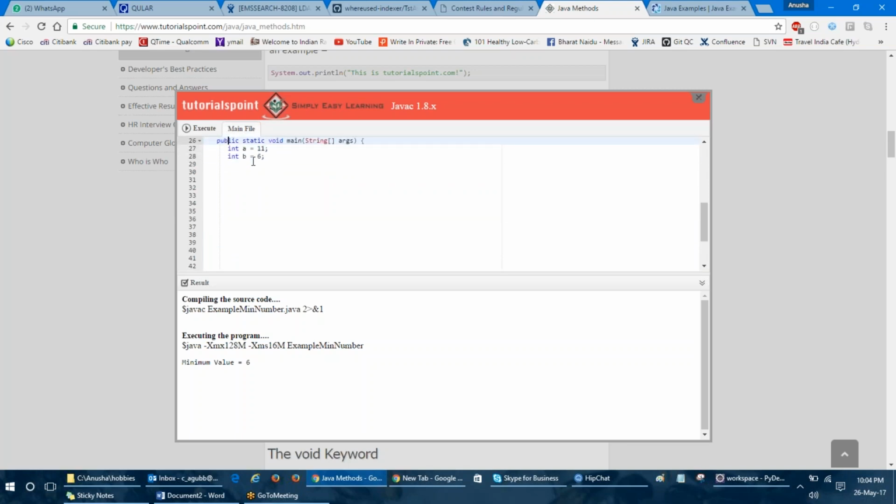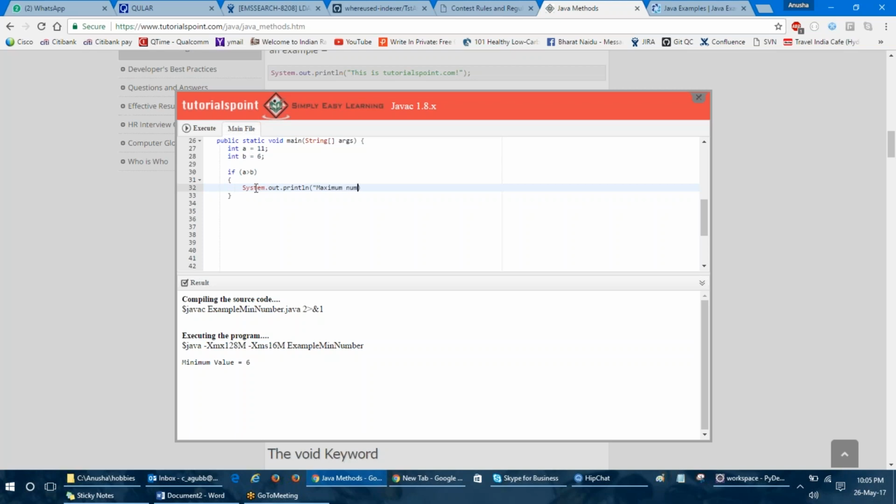Now I have two integers in my actual function. Now I want to print the highest number out of this. What will I do if I want to get the highest number? We have written the flow chart, right? So we get the two numbers. After getting the two numbers, I will compare. So if a greater than b, System.out.println. Okay,